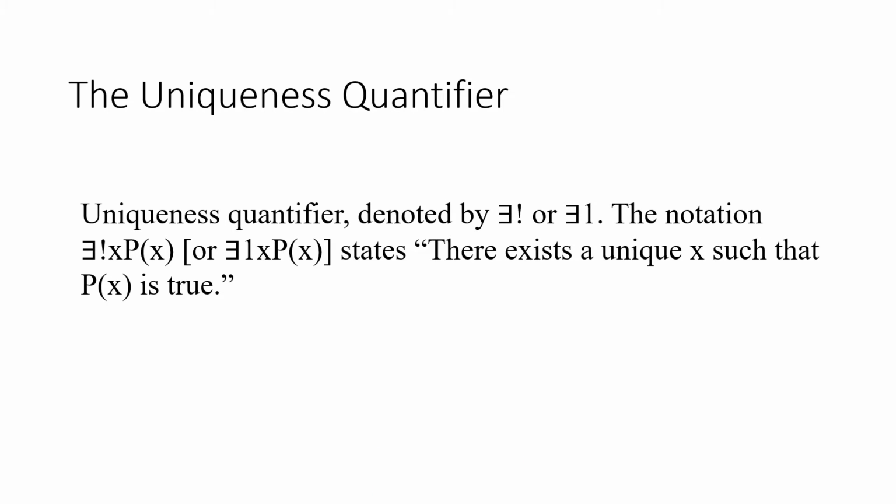The other phrases for uniqueness quantification include "there is exactly one" and "there is one and only one." Okay, that's very clever. So, "there is one and only one." For instance, you could have "there exists a unique x such that x minus 1 equals 0," where the